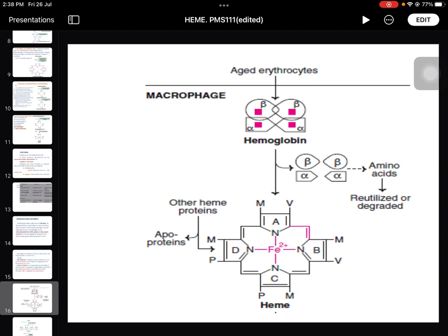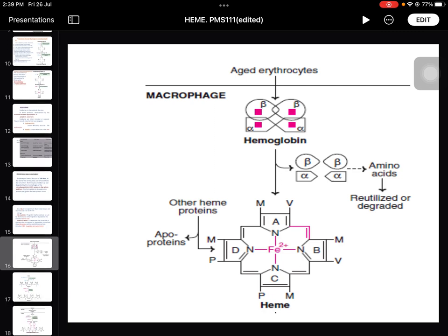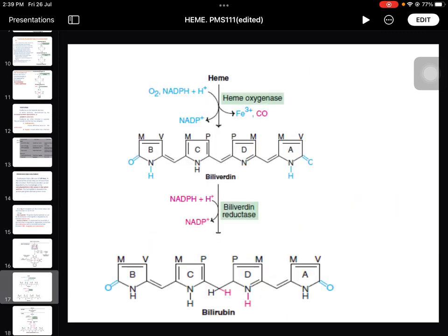The other part, the heme part, consists of iron as the central metal atom, and it has the porphyrin ring, a closed ring with methylene bridges, with attached groups: methyl, vinyl, methyl, vinyl, methyl, propyl, propyl, methyl. So that closed ring structure gets